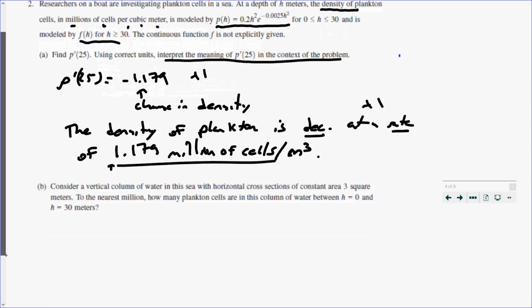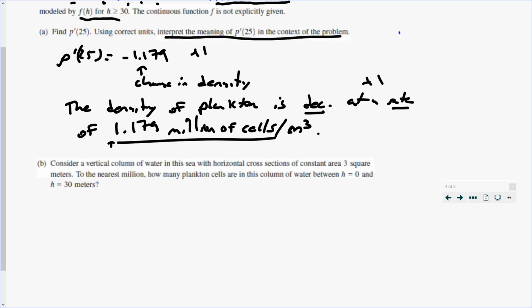All right. So part B says, consider a vertical column of water in the sea with a horizontal cross section with a constant area of 3 square meters. To the nearest million, how many plankton cells are in the column of water between 0 and 30 meters? Well, we want to know how do we get the population? We know how to get population. This comes from just your science courses. We're going to take the density